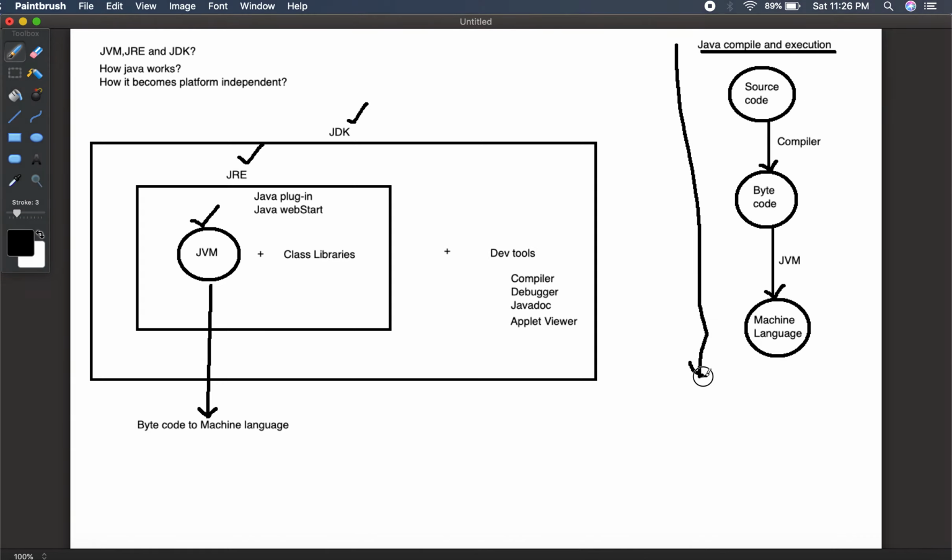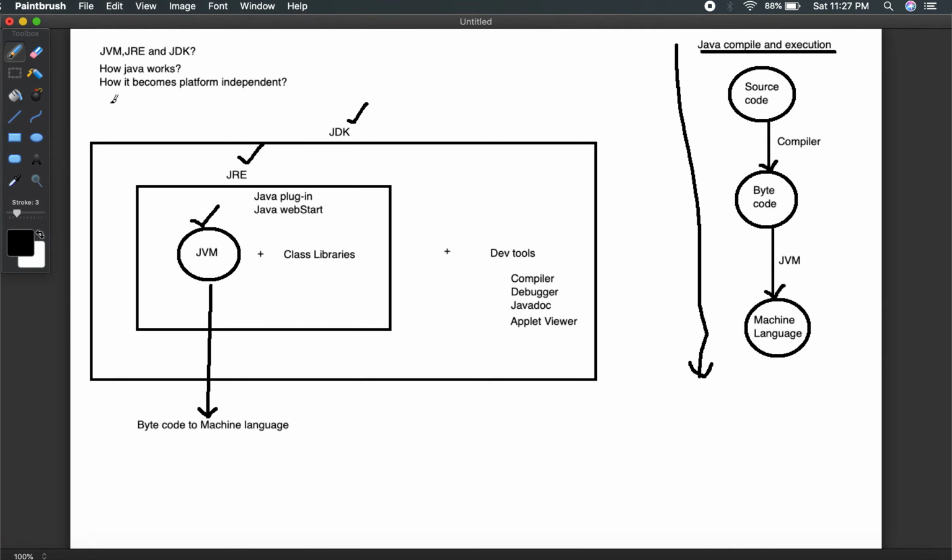If you see this structure, the hierarchy, how your program, what you write in Notepad or Eclipse or IntelliJ, some Java program, how that executes and what happens when you click run. So if we have a Java program, there are two actions that we need to perform. One is compile. You use javac and then the class name. When you do a compile, that converts your source code to a bytecode.